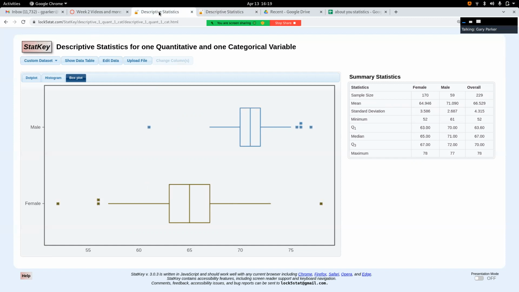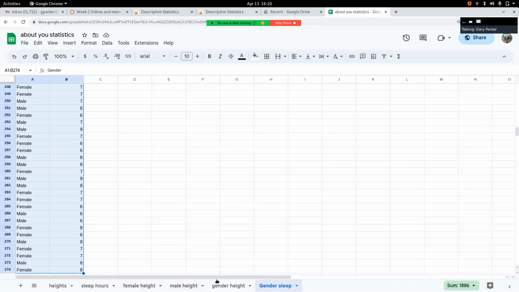As far as the heights are concerned, we can see that on average, males are a few inches taller than females. The middle 50% of males is around 70 to 72 inches for that interquartile range, whereas the middle 50% of females is from 63 to 67 inches in height. Again, this is a nice tool for comparing the two. On a spreadsheet, to do a similar thing,